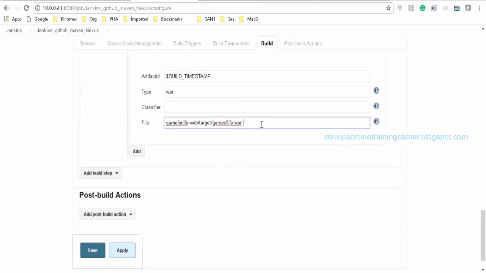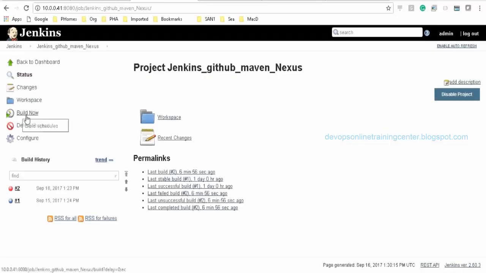So the path which I entered and the actual path, is it the same or something different? Okay, game for life. It should be game of life. That's why it failed.